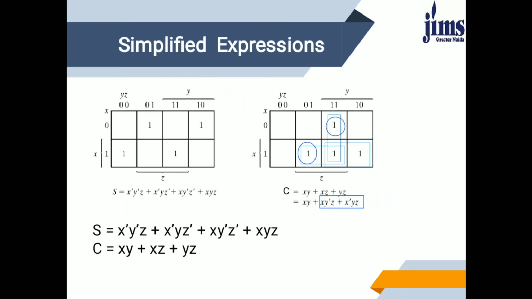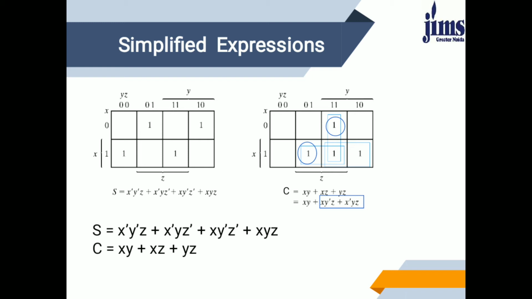Here I have simplified the expression. The K map for sum is made and the K map for carry is also prepared. As we have already talked about solving the K map, we do not discuss it again. According to these, you can generate the Boolean expression for sum and carry. Sum is x bar y bar z plus x y z bar and so on.